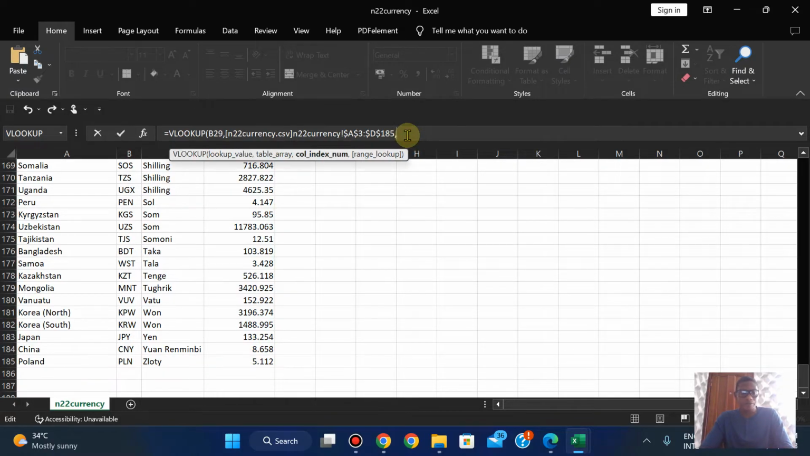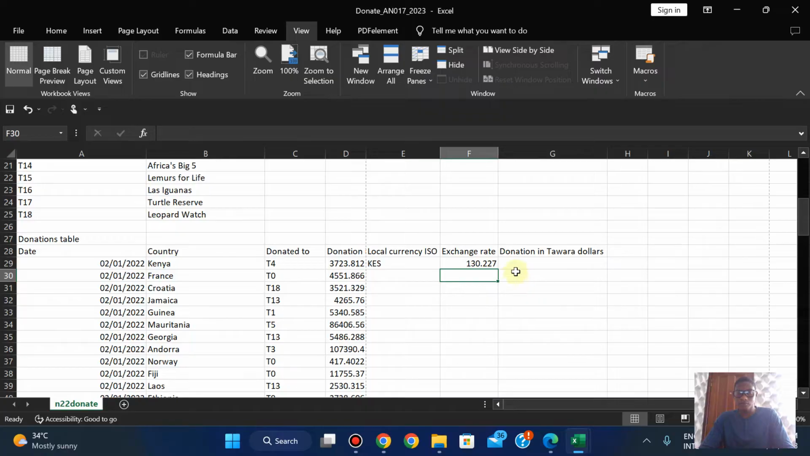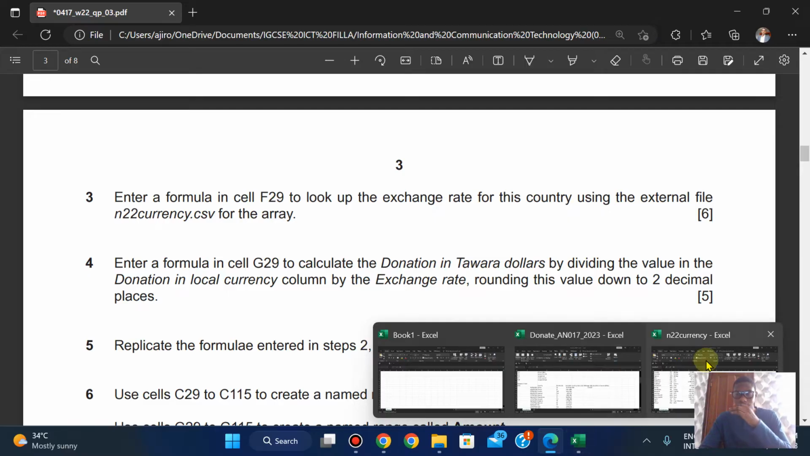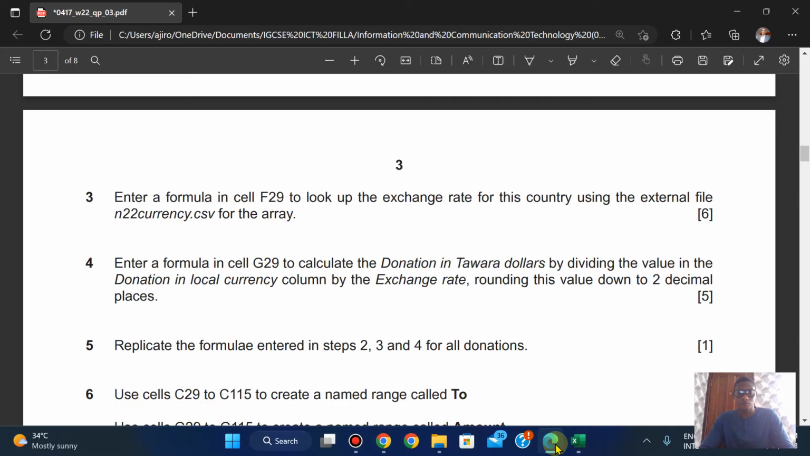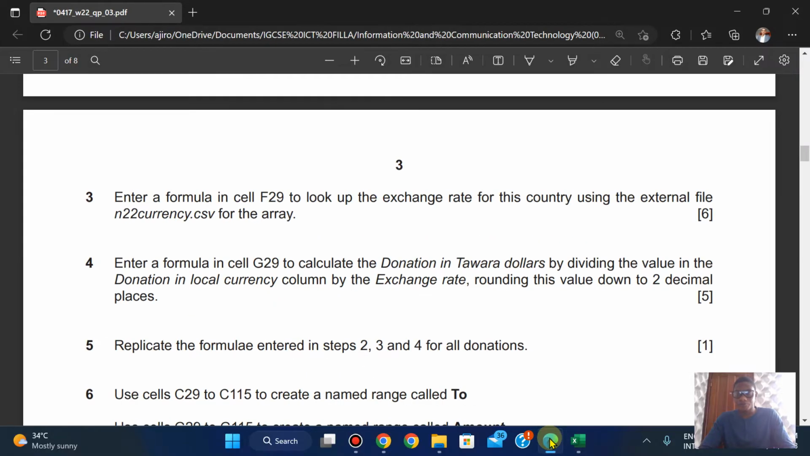So this is going to be 1, 2, 3, 4, and it's going to be an exact match. Enter a formula in cell G29 to calculate the donations in dollars by dividing the value. So let me do equals to the value of what? By dividing the value in the donation in local currency